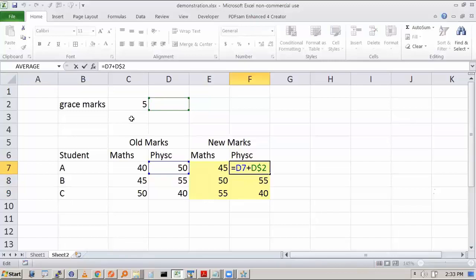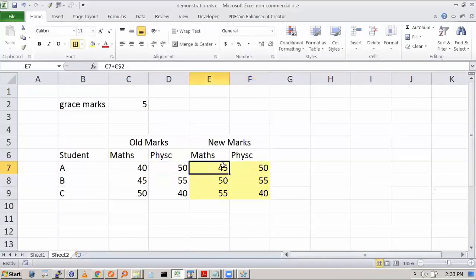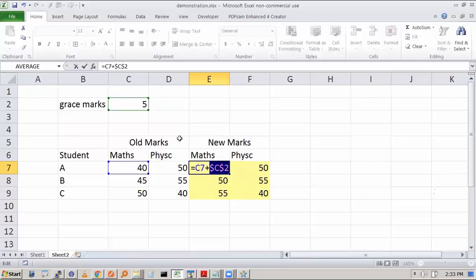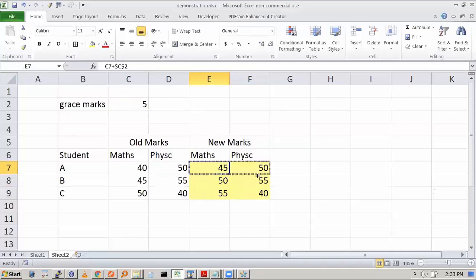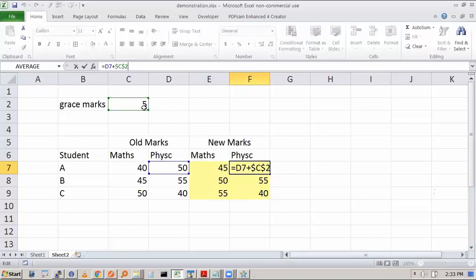Actually, when we moved here, we moved one column, but we should have remained in the same column C. So in this formula, we should have fixed this column. Now you see in this formula, the C2 cell is fixed, and column C is also fixed. Now I drag this and see what is happening. On 50, you have added 5. And if you drag it down, it will all be correct.